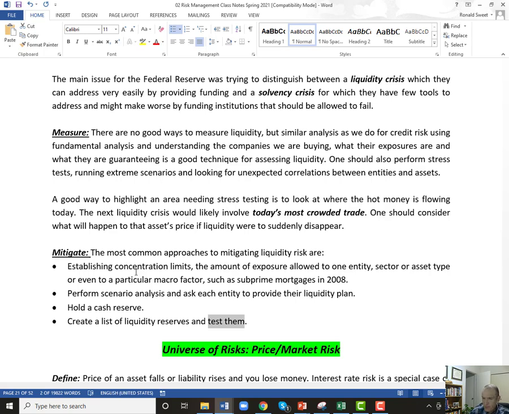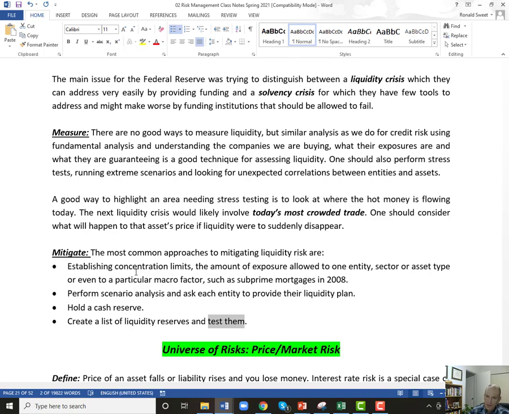So if you're ever sitting in a meeting and their contingency plan is, hey, if this ever happens, we'll just borrow against our securities, you need to ask the question, are you sure you can do that? Have you tested that? When's the last time you tested it? That line of credit, are you sure it's there? If you haven't borrowed against it in 8 years, you might find when you call that bank that the person who set all that up is now retired, and the person that took their place doesn't even know you exist. It might take them 3 weeks to get going, and you need your money tomorrow.